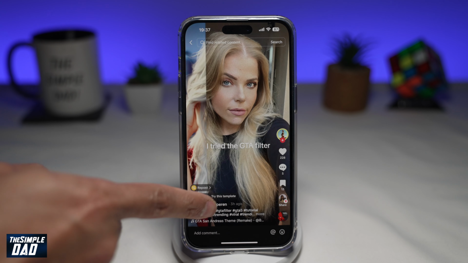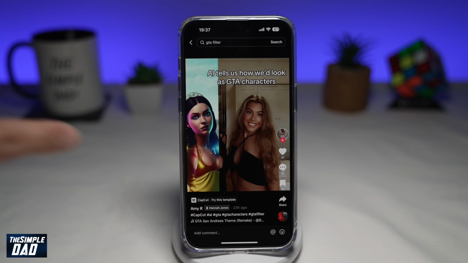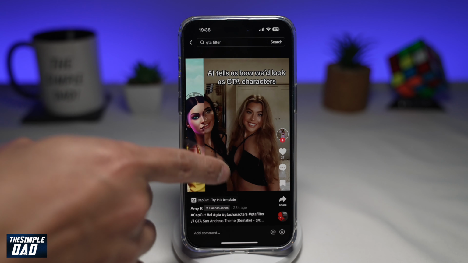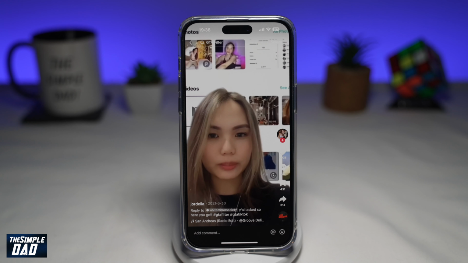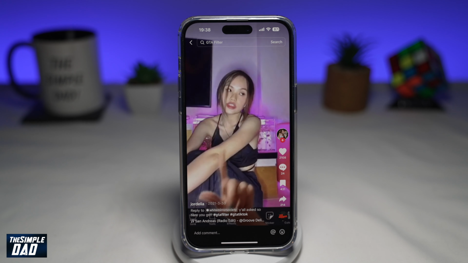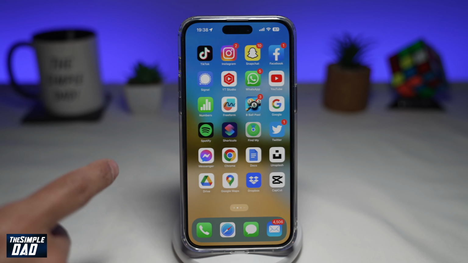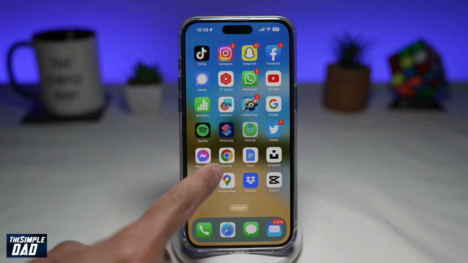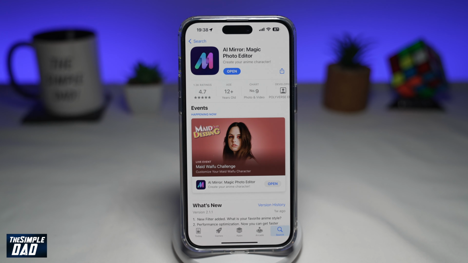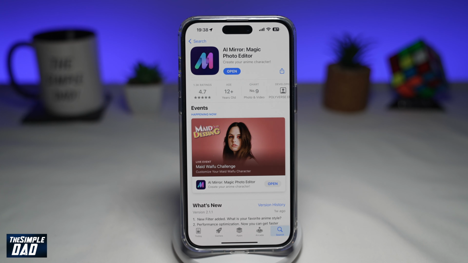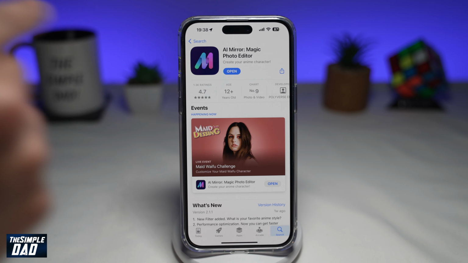So if you've been scrolling through TikTok and you've been seeing all these videos where the users turn themselves into a GTA character, and you're wondering how to do it, then keep watching as I'll show you how to create these kind of videos. So to create this video trend on TikTok, you need TikTok, you need CapCut, and you'll need an app from the App Store called AI Mirror, Magic Photo Editor. So go to your App Store or your Google Play Store and go ahead and download